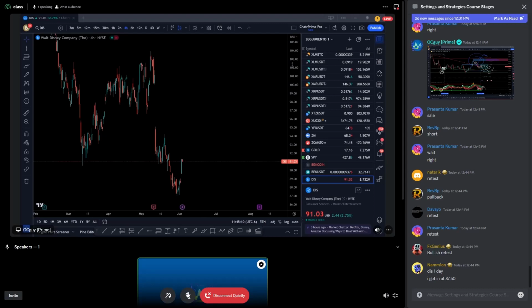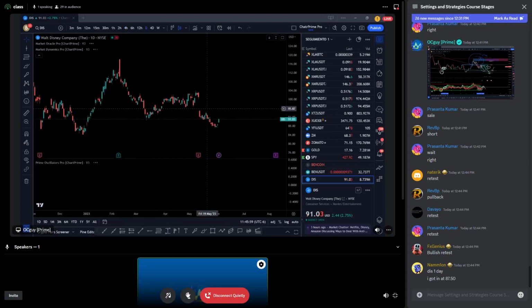If you see many scripts in my chart, don't worry about it. They're the same ones that you have, but these are either old versions or testing versions. The ones that you have are the ones that we have already improved, debugged, and tested thoroughly. So don't worry about the other ones. Market Oracle Pro is going to be one in there, right? And then also I want to see, where's the other one? Prime Oscillator Pro and Market Dynamics Pro, right? Those are the three that I'm going to be using. At this point, I'm going to turn off Market Dynamics and work with Market Oracle Pro, right? I will also turn off my oscillator in here.